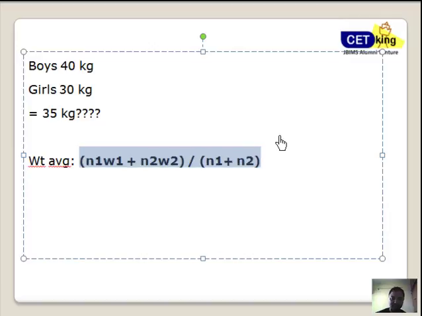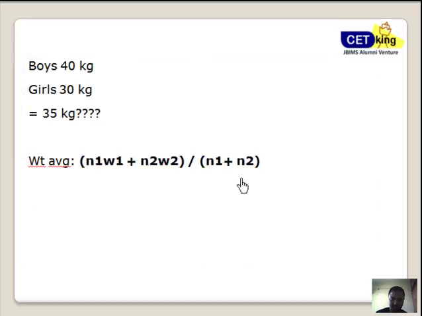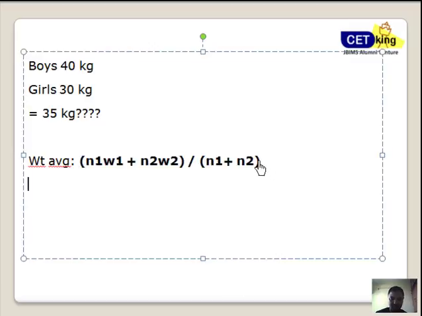See, let's try to understand what's happening. One side the weight is 40, one side the weight is 30. If I say there are an equal number of boys and girls, what will the average be? 35, because both of them are equal. If I say the number of boys is more, so the weighted average will go to which side? Towards 40. Right. If the number of girls is more,